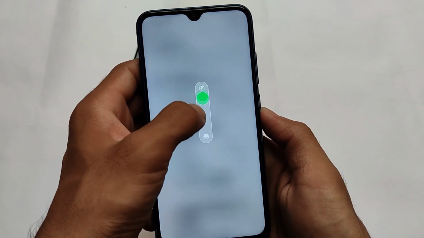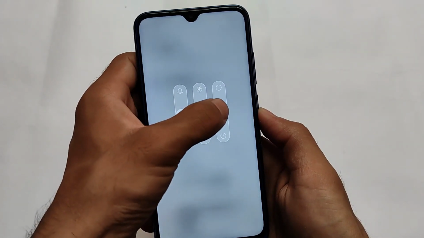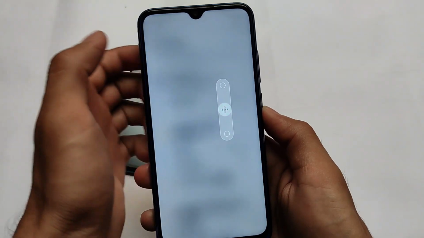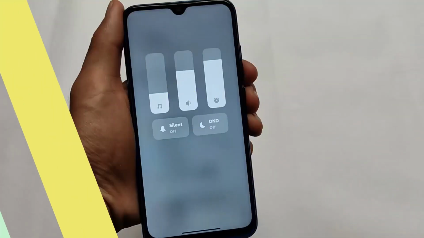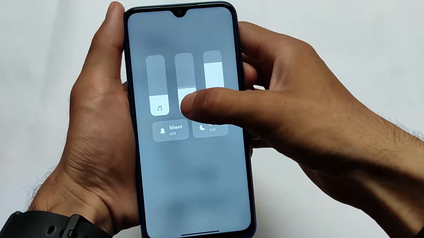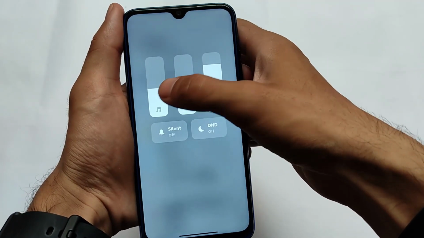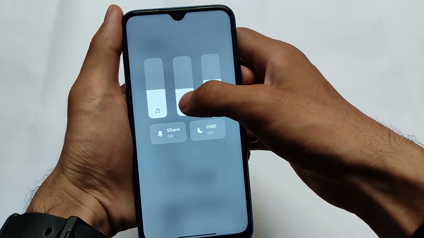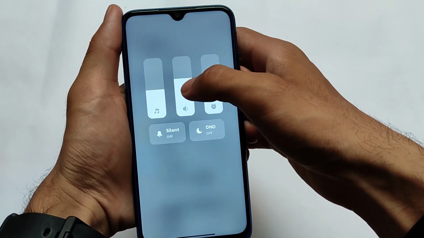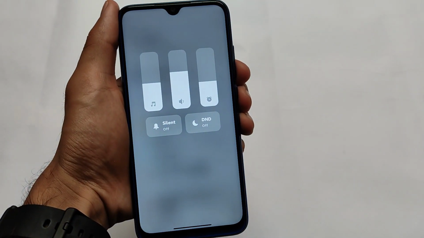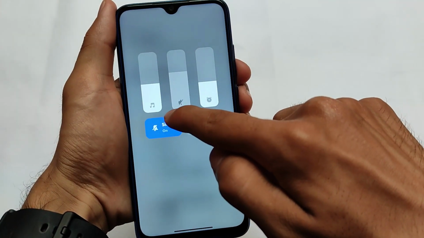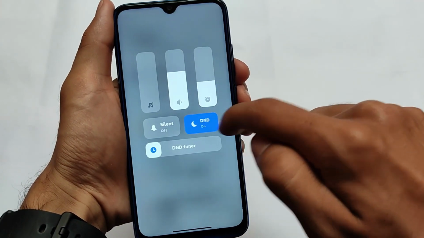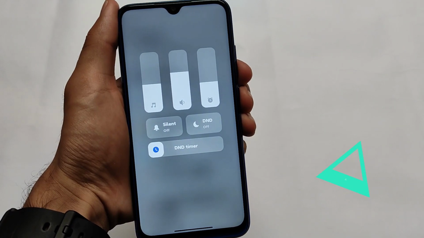Things are almost the same, no extra features. I'm again mentioning that it is not a feature based custom ROM. Some modifications are done in the background. As you can see, it also comes with the new volume panel from MIUI 12.5. It's MIUI 12, but with MIUI 12.5 goodies and some extra things added here. That's why I said this is a modded MIUI 12 based custom ROM for you, one of the must-try ROMs.